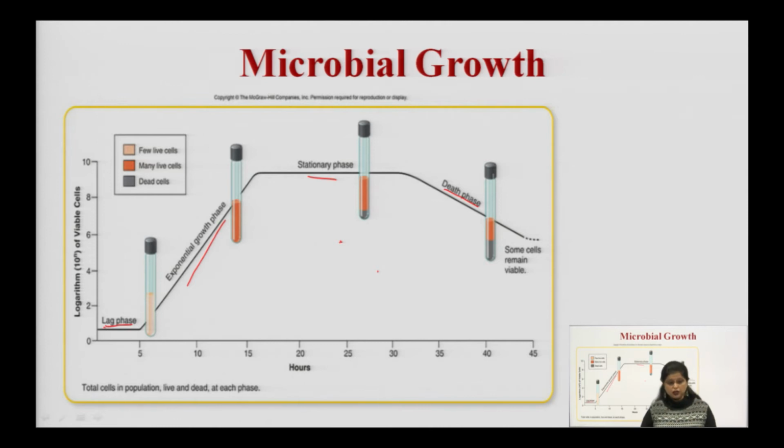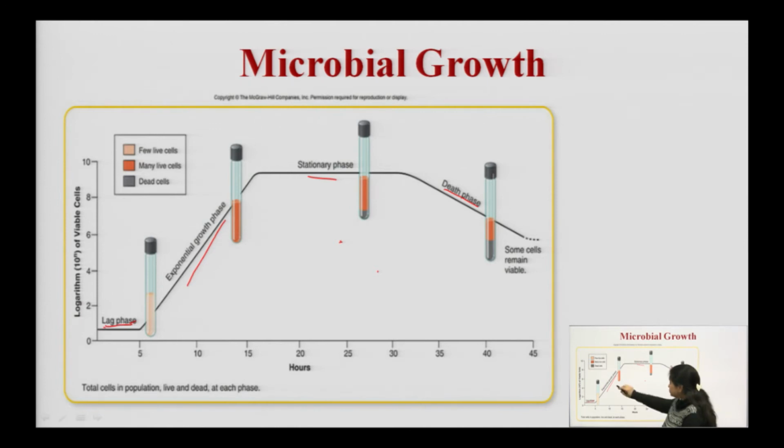When we have inoculated, first, immediately they will not separate out or divide in numbers, but first of all they will adapt to the conditions in which we have inoculated them. They will adapt to the nutrients we have provided to those microorganisms. They will elongate in size, but they will not divide. In the lag phase, there is no division. If we have inoculated 2 cells, the cells will remain 2, and if we have inoculated 3 cells, the cells remain 3. In lag phase, they will just adapt to the conditions in which they are going to grow.